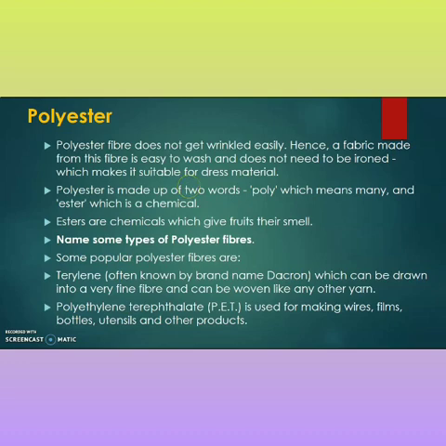Polyester. Polyester fiber does not get wrinkled easily. Hence, a fabric made from this fiber is easy to wash and does not need to be ironed, which makes it suitable for dress material. Polyester is made up of two words, poly, which means many, and ester, which is a chemical. Esters are chemicals which give fruit smell. Some common names of polyester are terylene, often known by the brand name Dacron, which can be drawn into very fine fiber